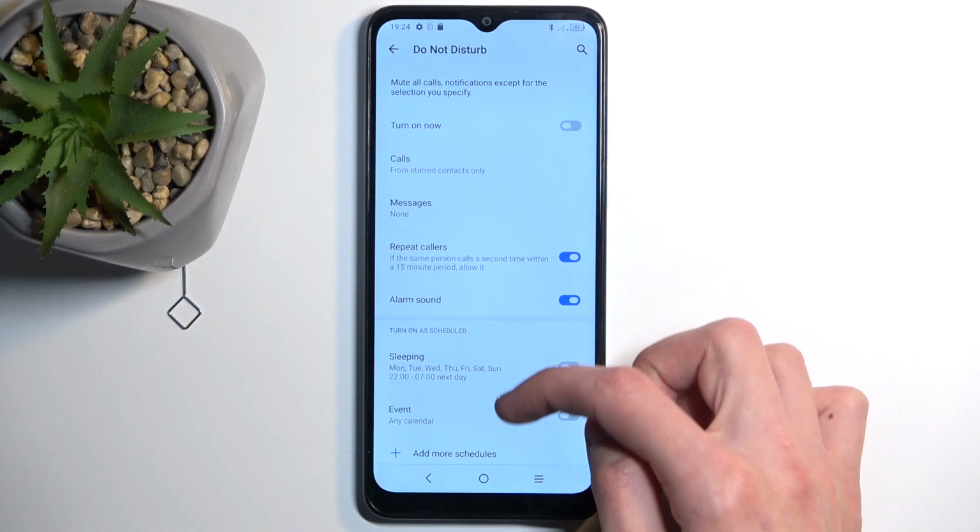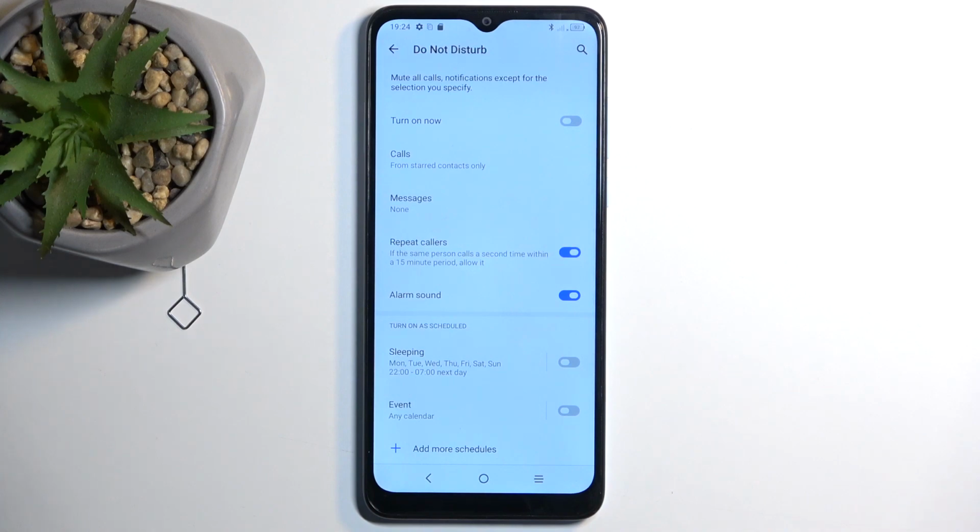Now below that we have schedule, so you can select a fully automatic schedule, which will turn on and off Do Not Disturb mode at a provided day of the week and start and end time. Now if you're planning to utilize schedule, just make sure that it's toggled on in here, and that's all you